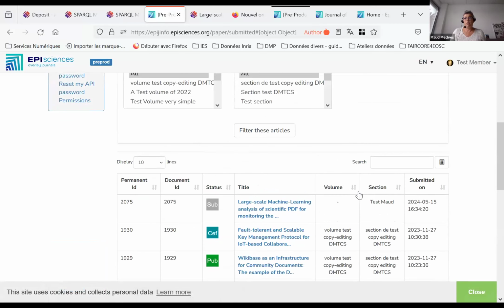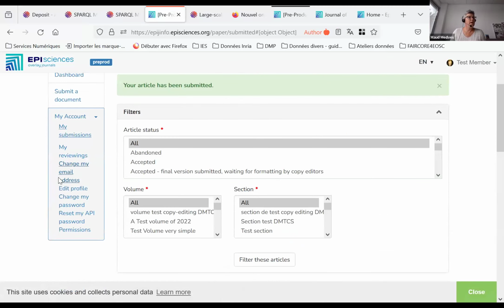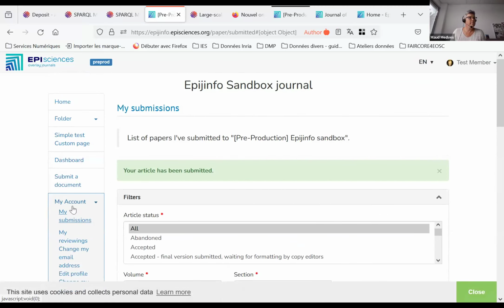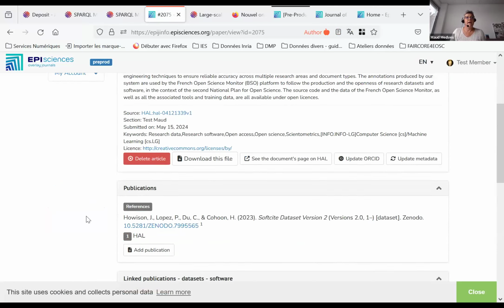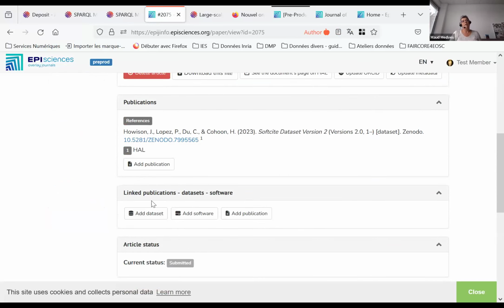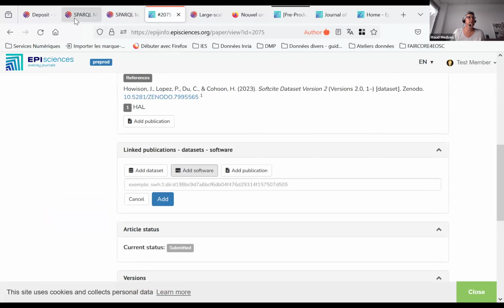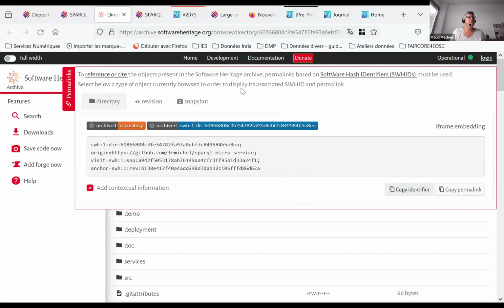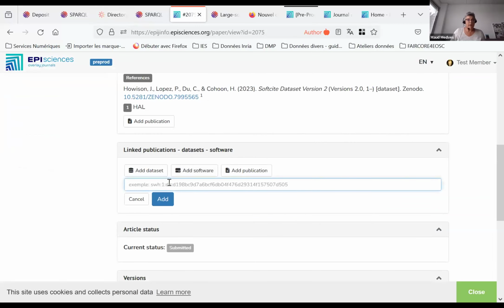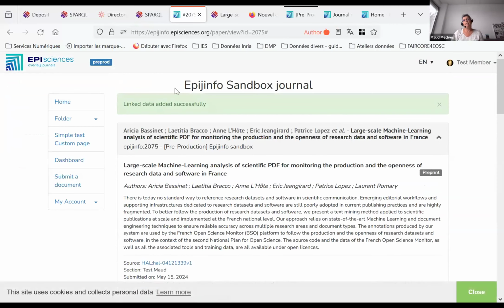And now I will be able to see my submissions. That's here. And here I'm now able to add linked publications, linked datasets or software to my submission. So I'm going to add a software. I will go back to the code I was showing you earlier. I click copy identifier. And here I copy paste the identifier. I add it, and basically the